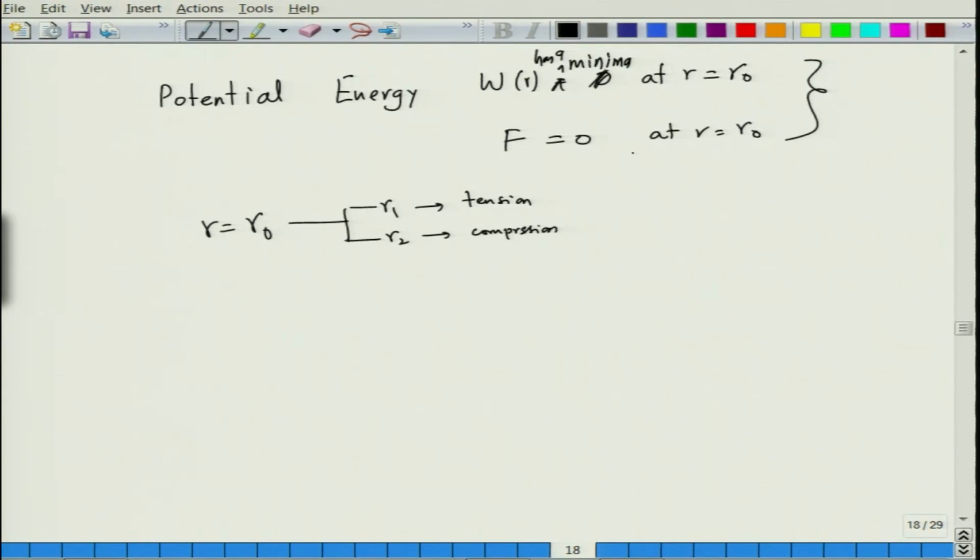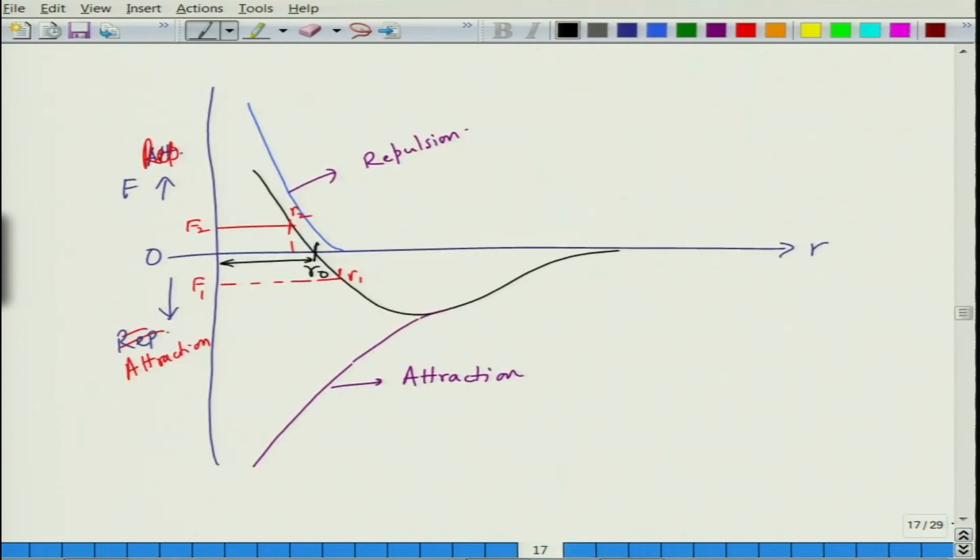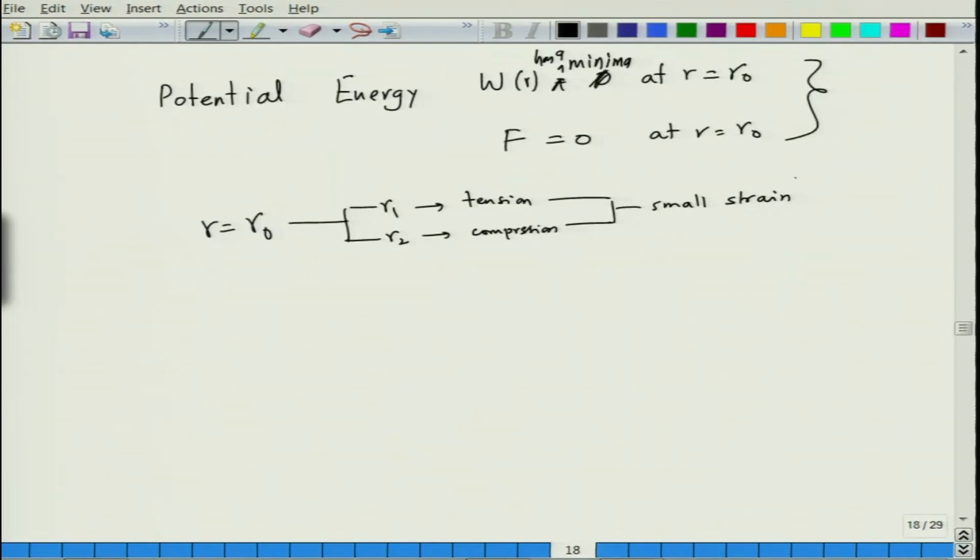Since the force applied can be quite substantial, the strains are generally very small. So, it leads to extremely small elastic strains, because when you take it to this point, it goes back. When you take it to this point, it comes back. It's like a spring action. So, when you apply these tensile and compressive forces, the atoms tend to get back to their position as soon as you release the load. So, these are very small strains, generally of the order of 0.001 to 0.005 in crystalline materials, especially metals and ceramics.